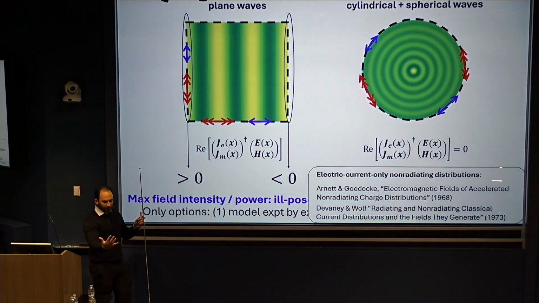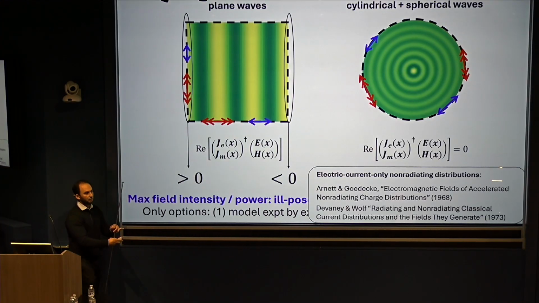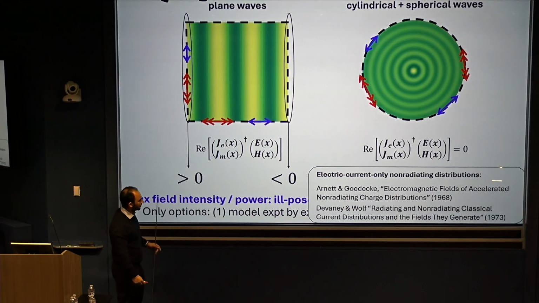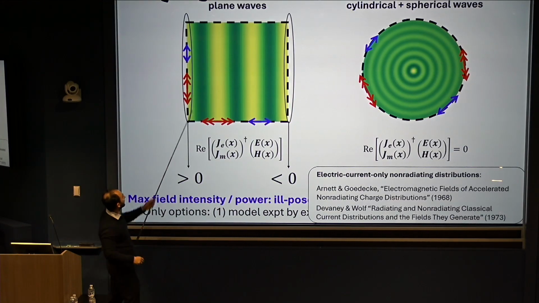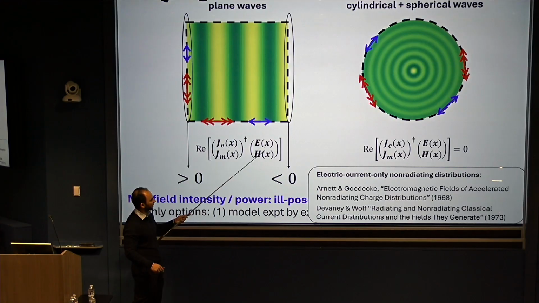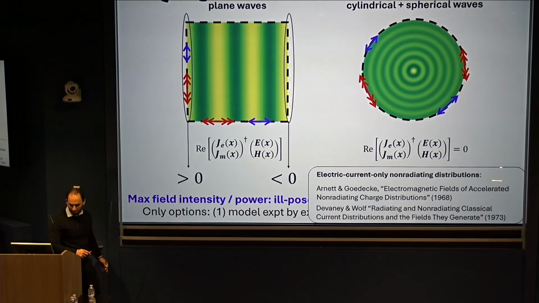And Garcia de Abajo did plane waves, and he just separately calculated the powers coming from the left and the right and assumed no coherence between those two planes. And every different basis, if you just pick out and say this is the part that generates power and this is the part that absorbs power, and I'm going to ignore that, will give you a different answer. And so I don't think one is necessarily more correct than the other. You would have to probably try to match this to your experiments. This also connects with, if you think it's just the magnetic currents here that are producing this capability, there are also plenty of electric current only non-radiating distributions that will have this property.